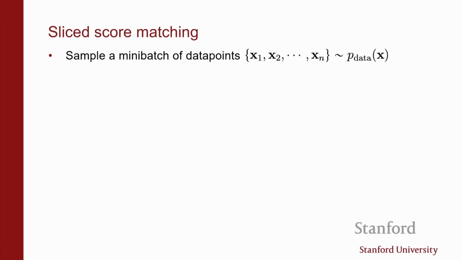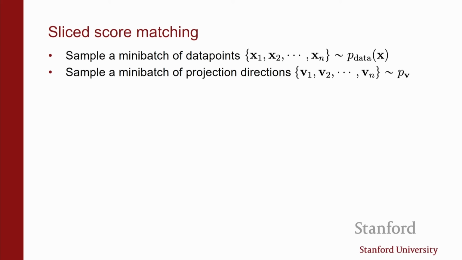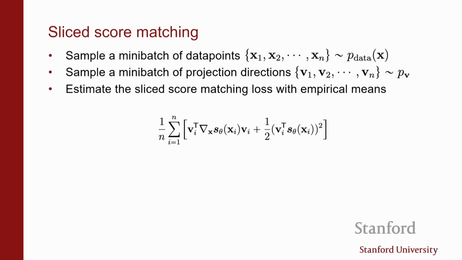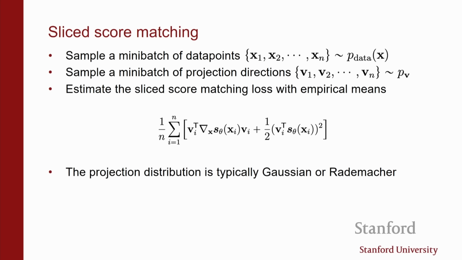Let me see if I have it here. So this is what it would look like. So you would sample data. For every data point, you would randomly sample a direction according to some distribution. And then you just optimize this objective function, which, as we've seen, is tractable to estimate, and it does not involve trace of the Jacobian. And there's a lot of flexibility in terms of choosing this p_v, like how do you choose the directions. And you can choose, for example, Gaussian or Rademacher kind of vectors, and they both work in theory, and the variance can vary, but basically there's a lot of flexibility in terms of choosing the random directions.